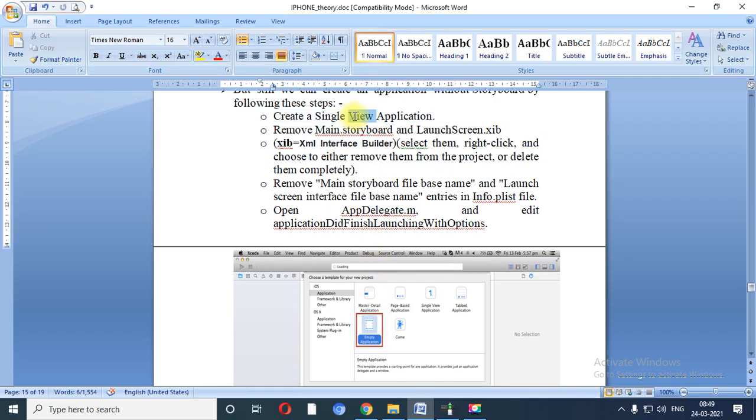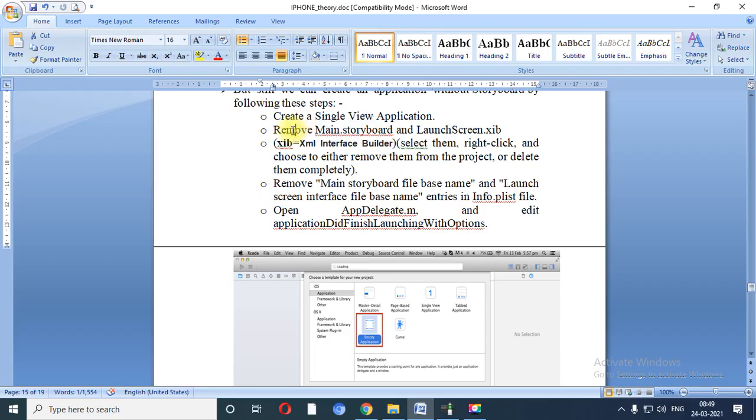So over here you need to create single view application. And if you have Xcode 5 or lesser version, you can have the option of empty application. But over here we will select single view application.